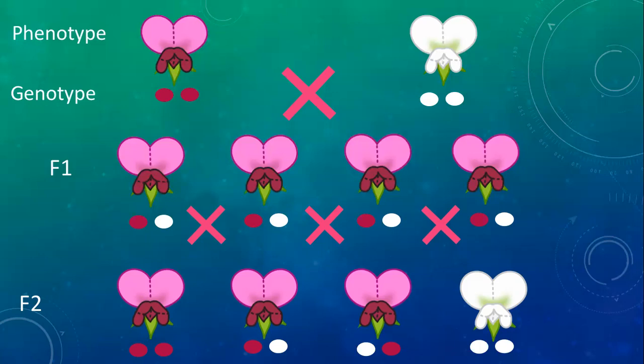And because this is basically random, there's always a 50% chance of choosing the red allele from the one parent or the white allele, and the same is for the other parent, and this is basically just combinatorics. This means there is a 25% chance of having red-red, a 50% chance of having either red-white or white-red, because 25% plus 25%, and a 25% chance of getting white.